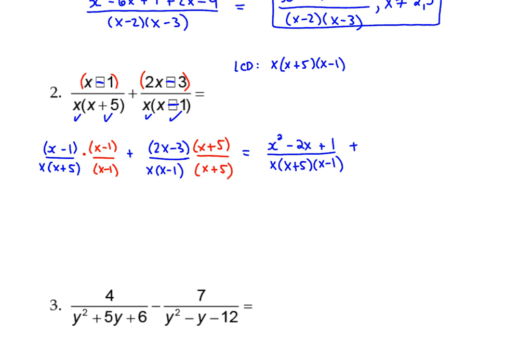Okay, this guy, let's FOIL. 2x times 2x. Or sorry, 2x times x, 2x squared. I'm going to simplify the middle terms right now. So 2x times 5 and the minus 3 times x. So 2x times 5 is 10x, minus 3x will be